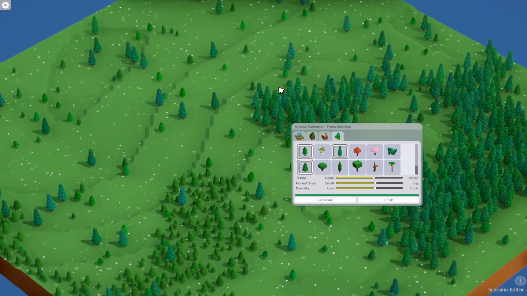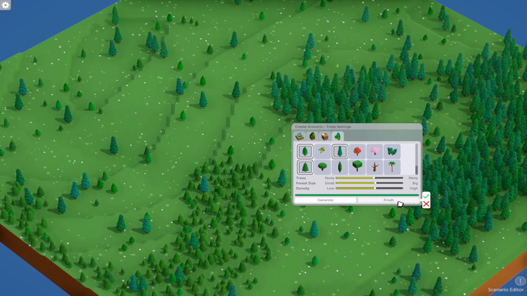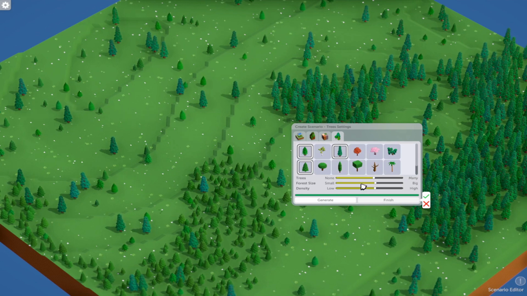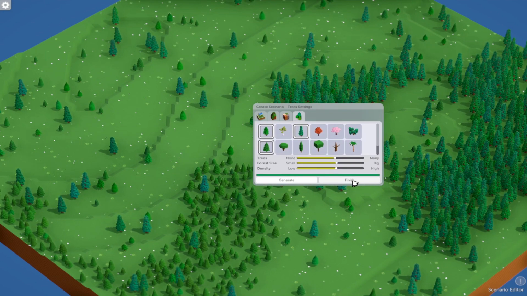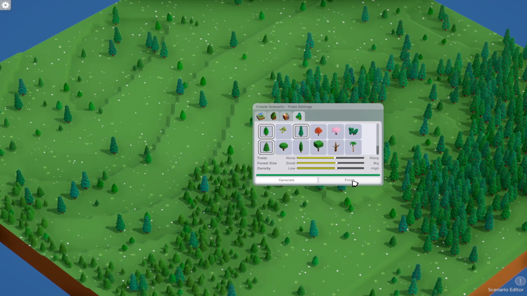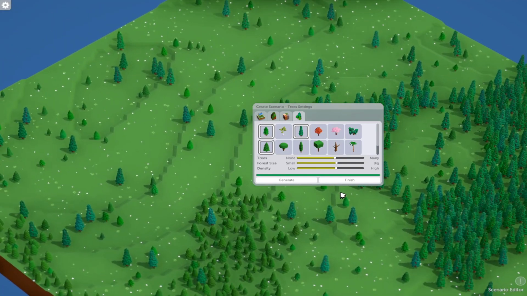This is a good starter map to show you some of the park borders and stuff like that. So when you're actually finished, you click finish. Now to warn you, you cannot go back to this setting window once you click finish, because it's generated, it's done. So be 100% or 110% sure that you're okay with the settings and are okay with how it looks, because this is the easiest way to